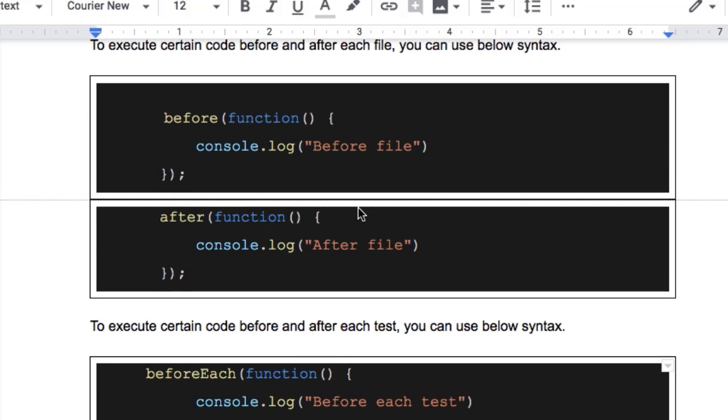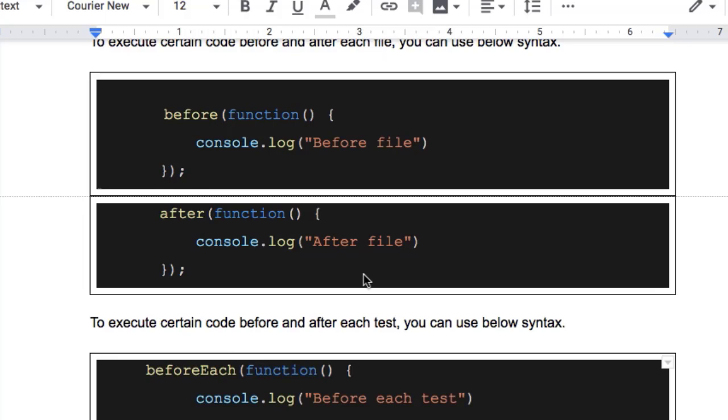Before and after hooks are similar to the before and after methods that we used in the JUnit testing framework. Those methods get called before each test class as well as each test method. So there are two variations: before, after, and beforeEach and afterEach. Before and after functions will get executed once per test file.